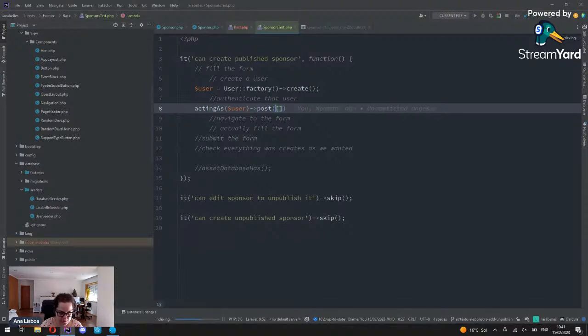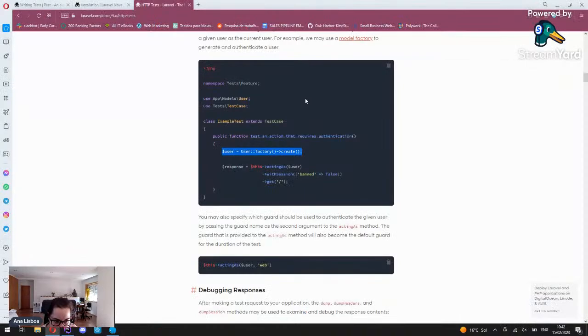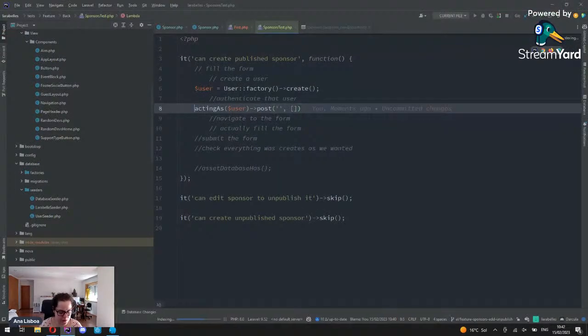And it should be something maybe like this. And let's see. Oh, we have the acting as. So we just need to call the test, the underlying test. We have that from